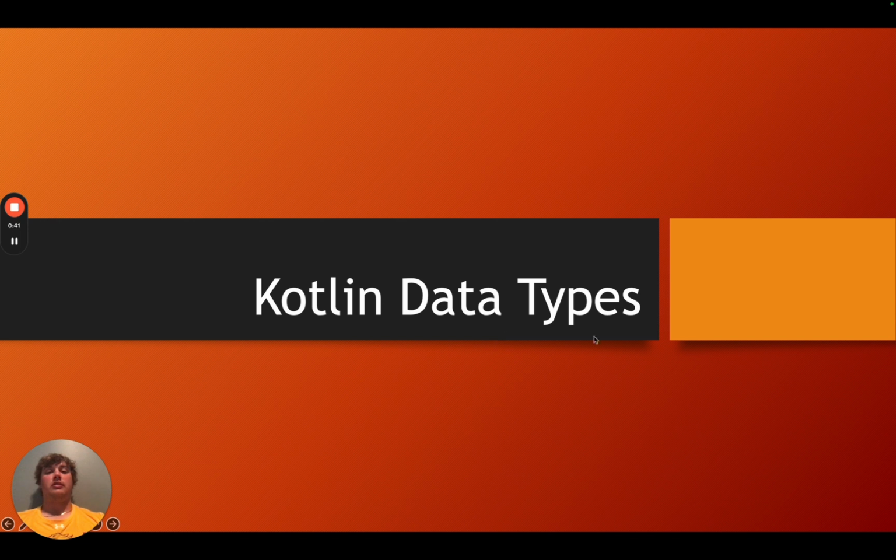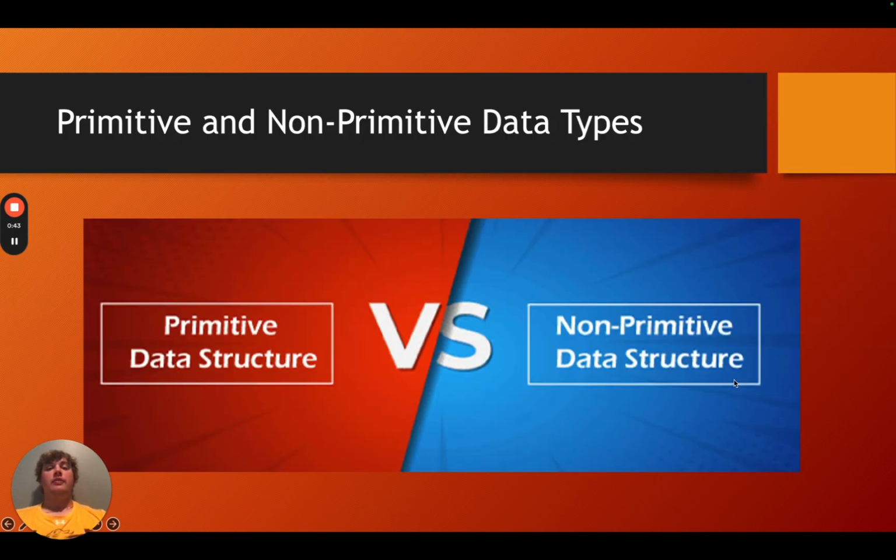Let's get started. First off, Kotlin gives you a wide range of data types, and we can split them into two main groups: primitive and non-primitive types. Primitive data types in Kotlin, like int, character, and boolean, represent basic values and are optimized for performance. Non-primitive types such as string, array, and custom objects are more complex and can have multiple values or reference other objects. While primitive types are stored in stack memory, non-primitive types are stored in heap memory, making them less efficient